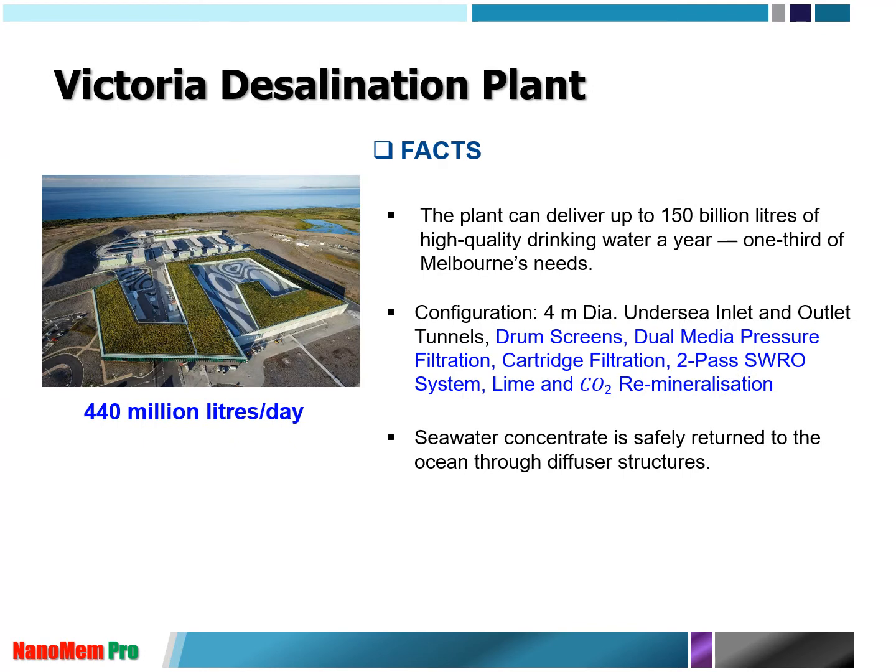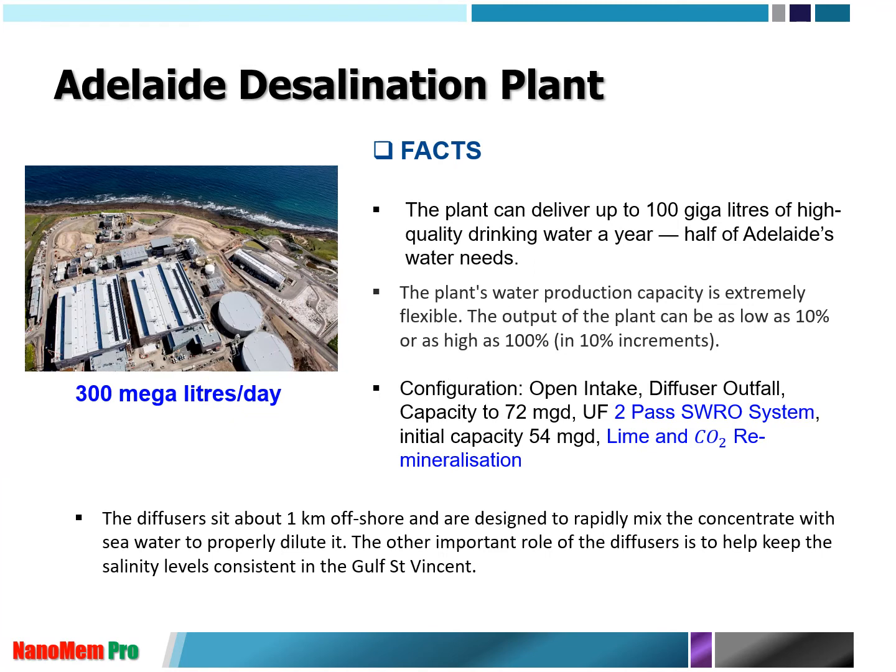Victoria Melbourne is one of the biggest renewable energy operated desalination plants, at 440 million liters per day, and they have a very similar process: dual media filter, SWRO, lime, and CO2 remineralization. Adelaide desalination plant is 300 megaliters per day, and as you can see, also they have